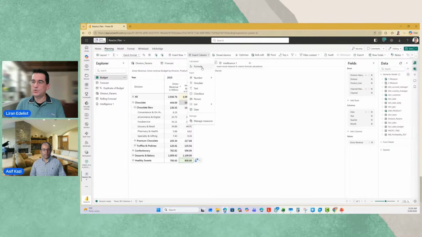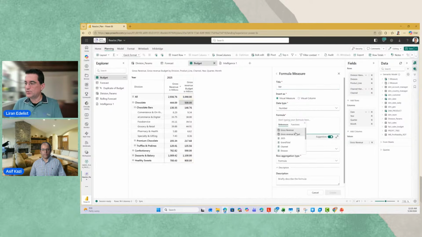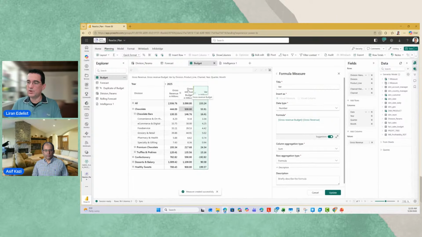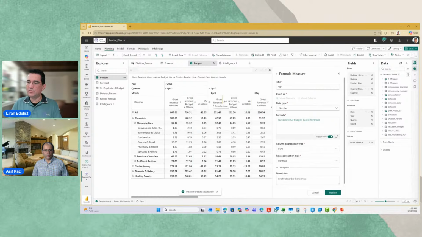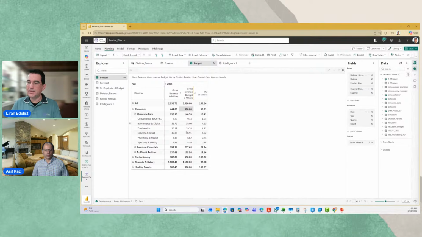We can easily also insert a calculated column, and a calculated column could be my variance in that specific case. And I will say that I really want to see my gross revenue budget minus my, and you see, you don't need to do anything complicated. It's very easy. We have, by the way, a bunch of formulas here. I'll speak about them a bit later, but I can create my variance column now. And this variance column will live for every quarter whenever we do it like that. So that variance column is getting updated, and whenever data is changing, we can very easily see that variance will be changing as well.